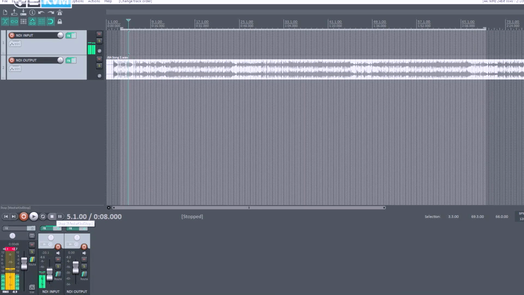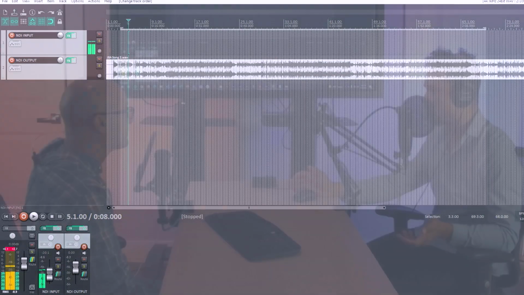So here, grab the mouse for a second. Maybe you can walk people through what the experience looks like. Yeah, so this is Reaper, and this is one of many inexpensive or free DAWs. Reaper has a 60-day free trial that is fully featured. That's what we're using right now. But there are so many other free DAWs that work. This one in particular is great because I like the way that it shows audio, but specifically its routing capabilities and the way that it does plugins is really great.